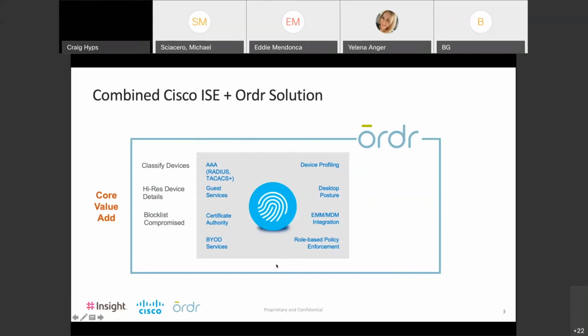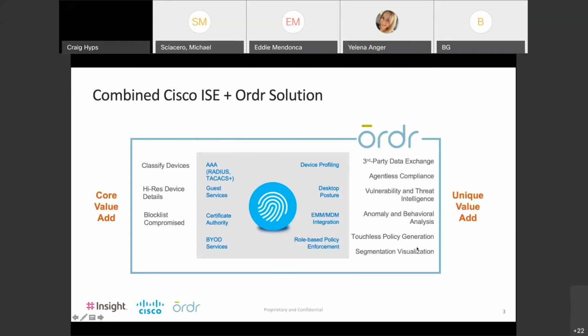If you have threats and are able to remediate, that was one of the pillars discussed earlier. We see those as core value capabilities. But some of the unique value adds are: how do we seamlessly share information between multiple systems? For example, you might have an asset management system or, in some of our healthcare organizations, service ticketing and CMMS systems like ServiceNow, Nuvolo, and others, and be able to augment what you are currently doing with ICE. Once you allow that device on the network, providing continuous security analytics and feeding that information to ICE,